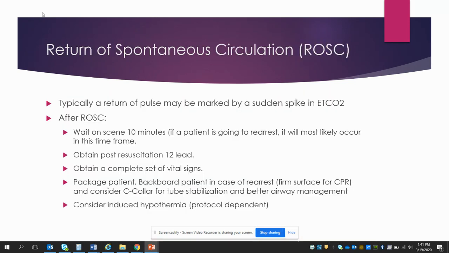Now, if you do have return of spontaneous circulation, which we would call ROSC, then there's a couple of things you might notice, and one of those would be a sudden increase in end tidal. So an average end tidal in a cardiac arrest is around 20, and if it's been around 20 or so the entire arrest and now it's suddenly 40, then that should prompt you to go ahead and check a pulse,